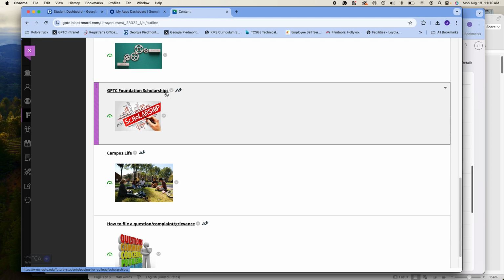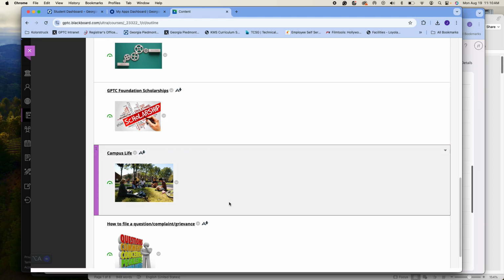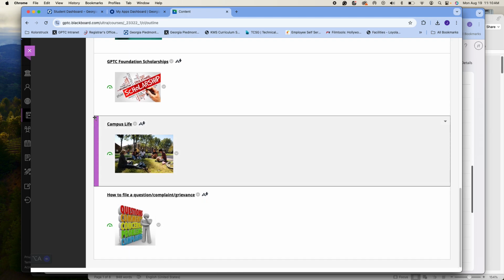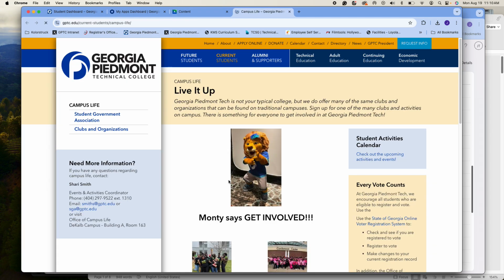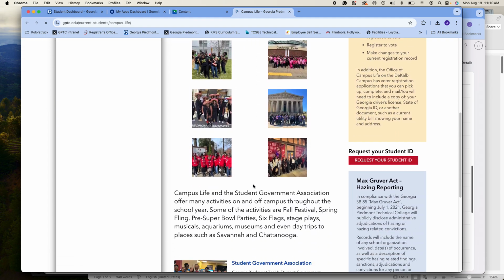Usually they pay for maybe one course, maybe two, but usually one course. But that one course can make all the difference in the world between you graduating on time and you graduating a semester late. Campus life, this is an important link because it gives you information on